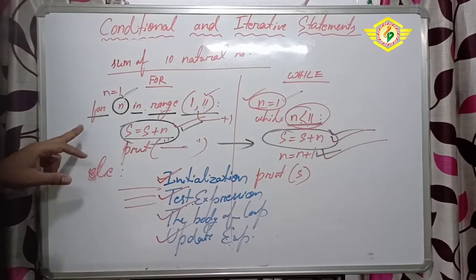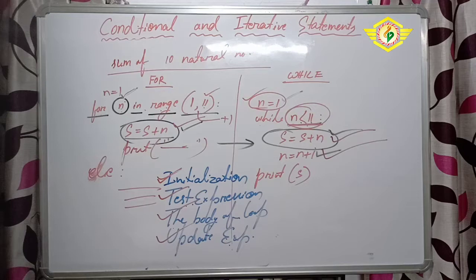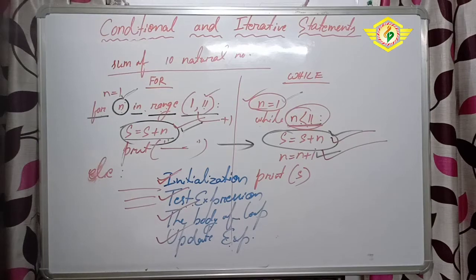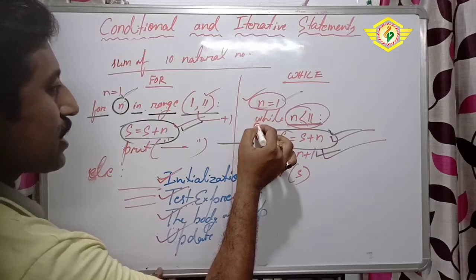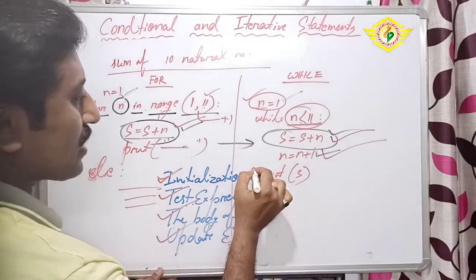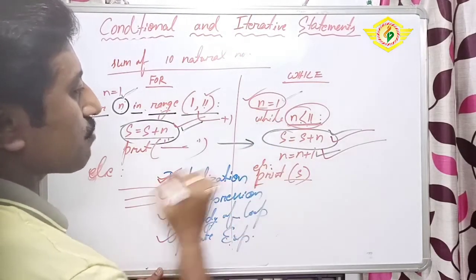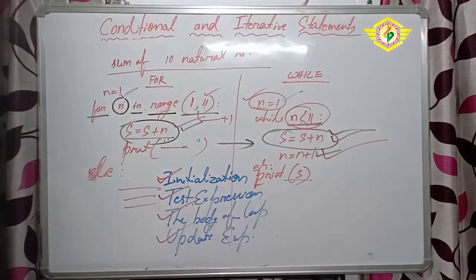That means this is called the loop else statement. In a for loop, we can write the statements, and in a similar way we can write the else statement also. In a while loop also we can write while statements, and then we can write else here, then some value. That means this is called the loop else statement.